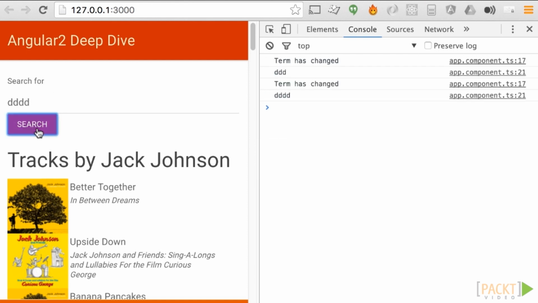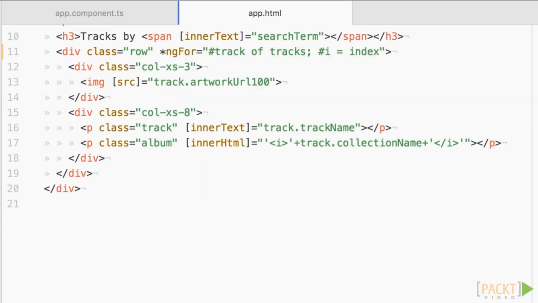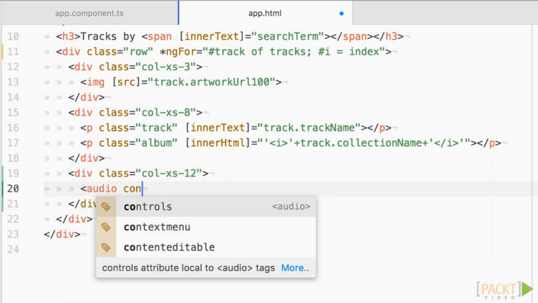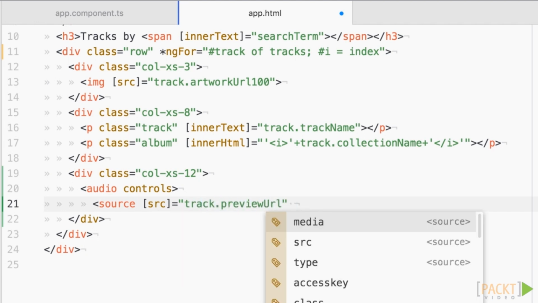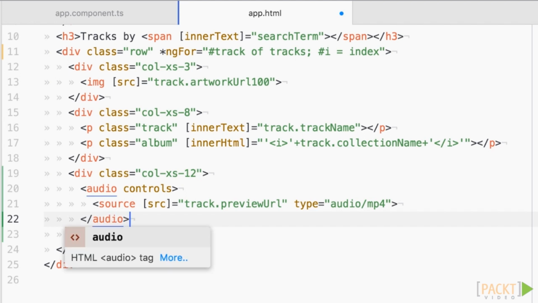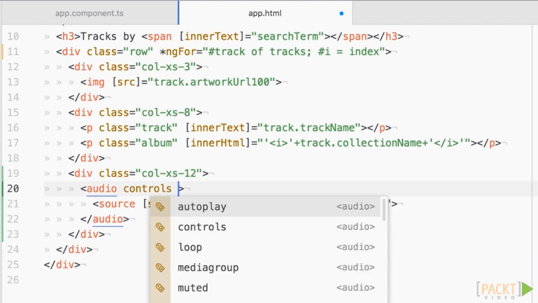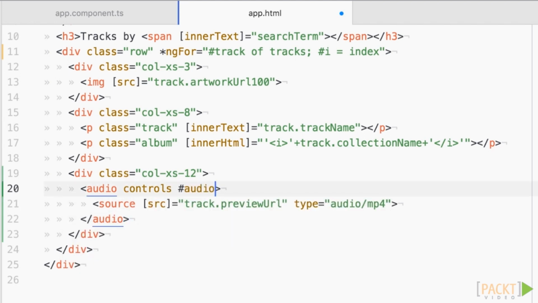Now, one of the reasons for this is that Angular tries to support native browser features where possible. It's not trying to replace something that already works. So let's take the audio element, for example. I'm going to create a preview for each track using an audio element and within it a source element. And for that source element, I'm going to bind the src attribute to previewUrl, which is available on the tracks. Now on the audio element itself, I'm going to add #audio so that we can access the element